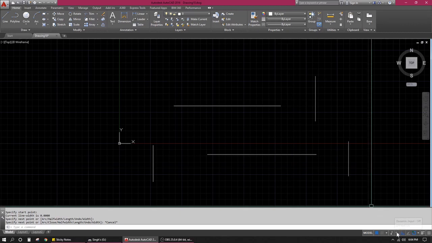The dynamic input tab needs to be on in order to make your drafting even more precise, and in order for you to understand better what you're drafting and how big or what scale you're drafting in, because the dimensions will be right in front of you. So let's keep that on. There is another thing,